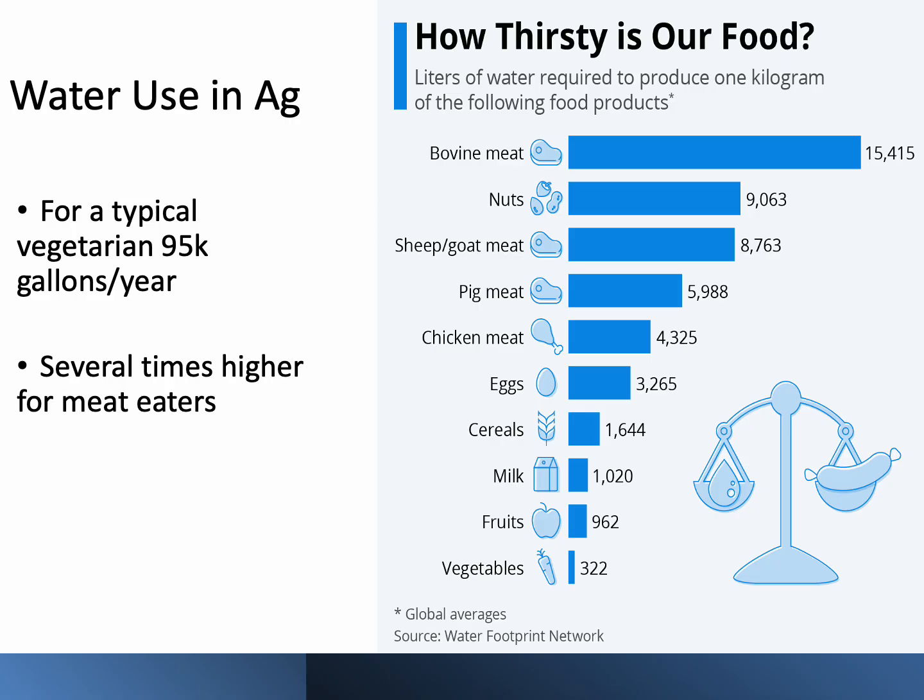So these figures are averages, of course, because the amount of water it takes to raise different kinds of food is going to vary greatly on the geography. So some areas have a lot of what's called green water, which is essentially rainwater, water that is in the soil, in the first couple feet of the soil. It doesn't require human intervention to get to. Blue water is water from rivers, reservoirs, aquifers that's used for irrigation, so that requires some human intervention to get to, right? And we can also overuse those kinds of resources.